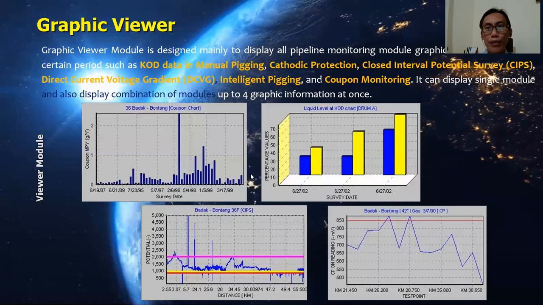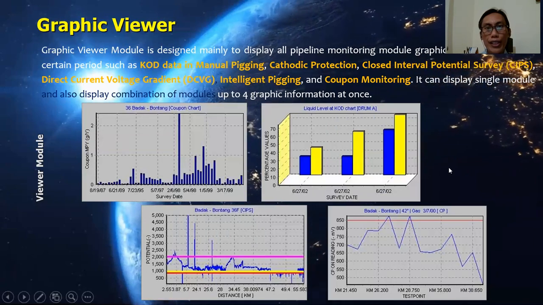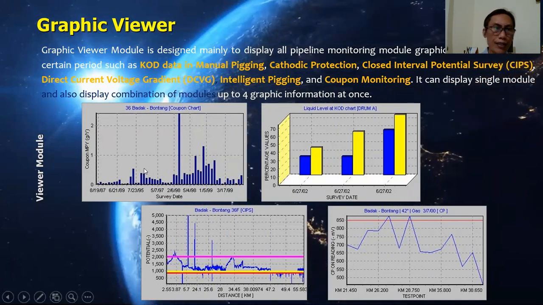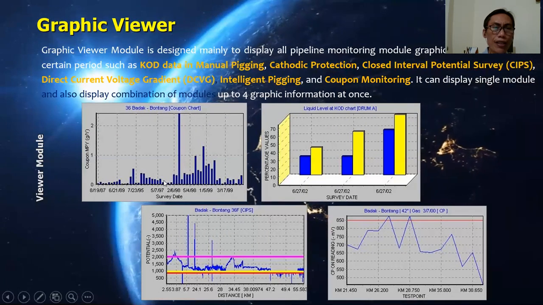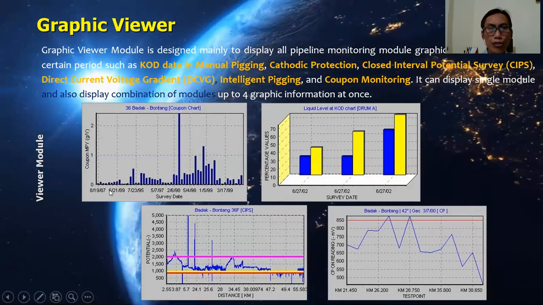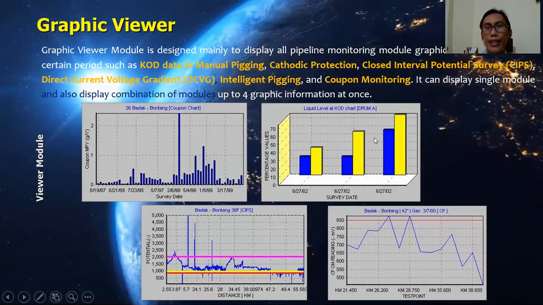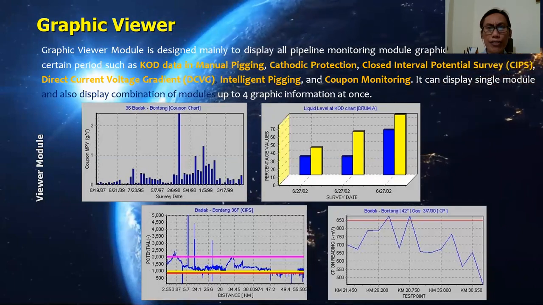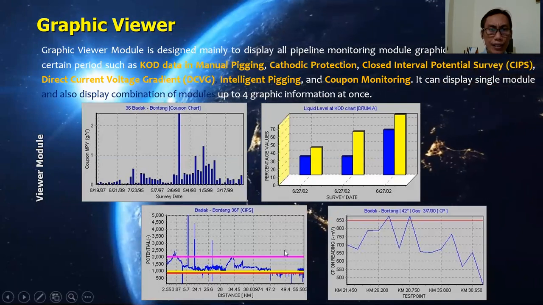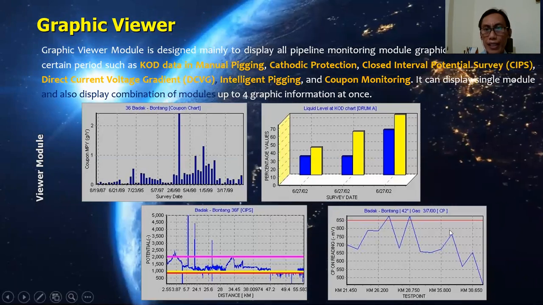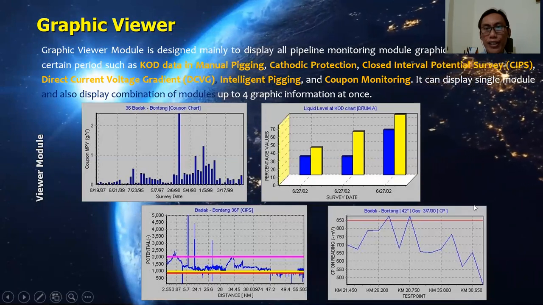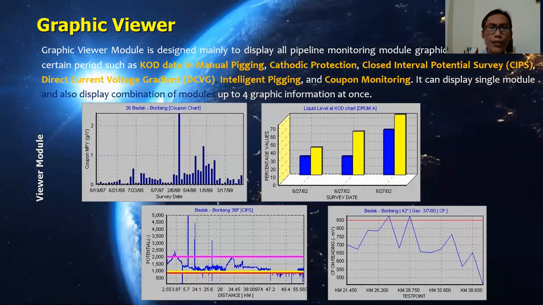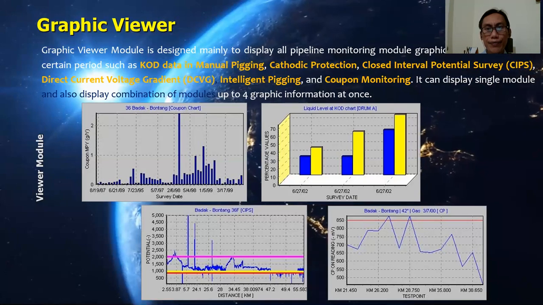So data from our pigging process, we can show graphically like here. For example, this is COFOM monitoring data shown by survey date, and we can also visualize liquid level, GIPS data and CP data. All this kind of data is very important to monitor the potential corrosion inside the pipeline.